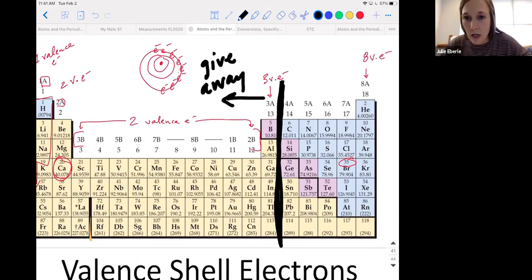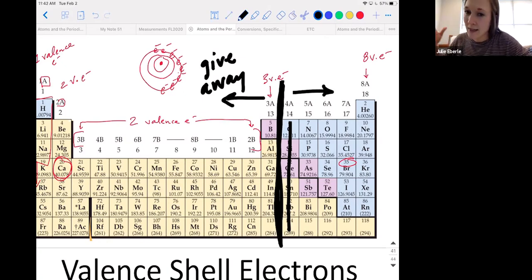Every element on the right side, except I'm going to mark out group 4. Why? 6 one way, half a dozen the other. You've got 4, you could either give away 4 or get 4 more, okay? So we really don't see group 4 elements trading electrons. They do something else. We're going to skip over them for now. We'll come back to them.